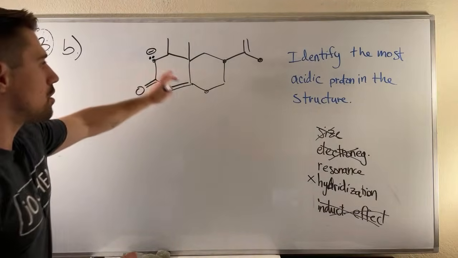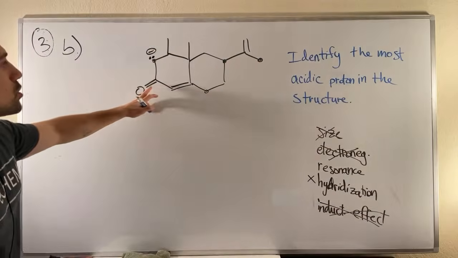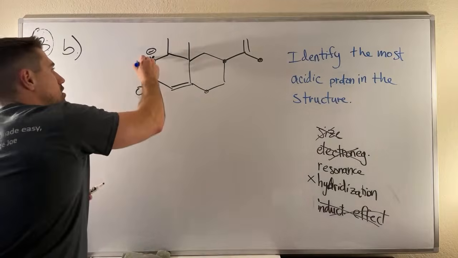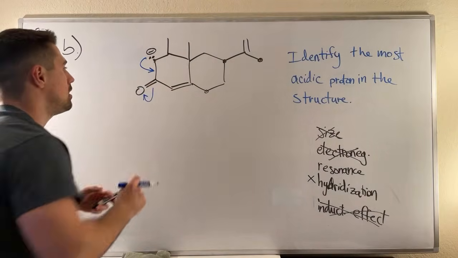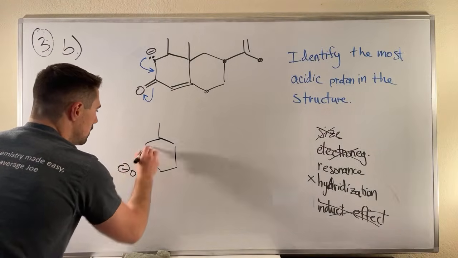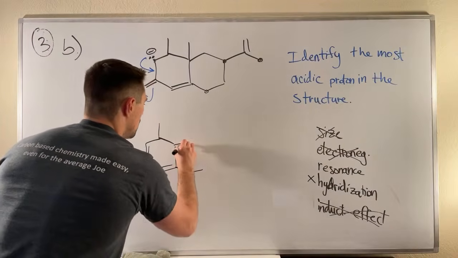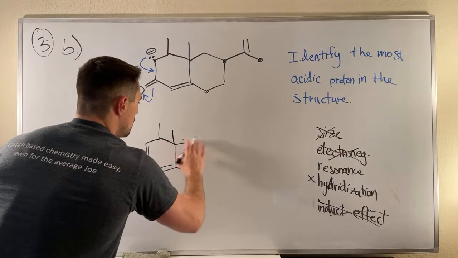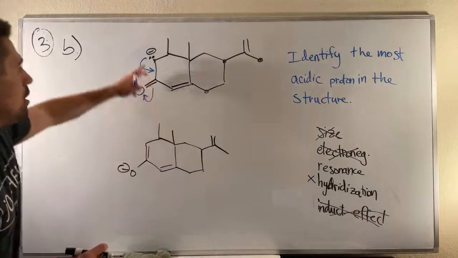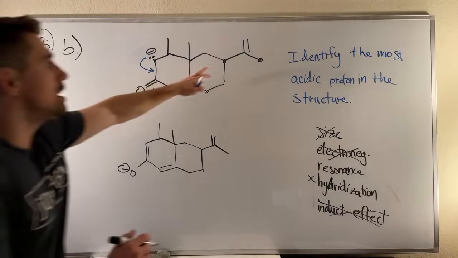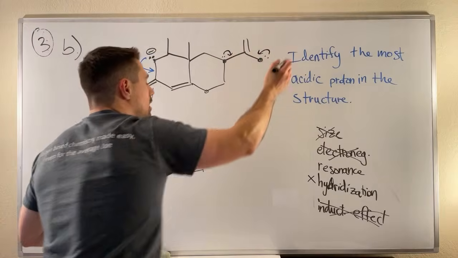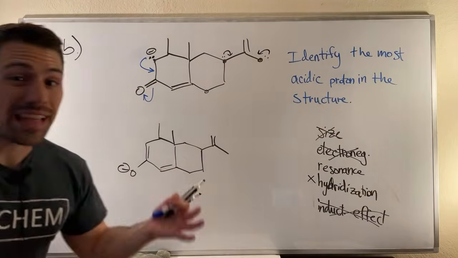The reason I'm interested in all of these locations is because they're next door to double bonds. So if I have this lone pair right here, I can swing this down and then kick this up. So you can see that a resonance structure would look something like this. Something along the lines of this, okay? So that's why I thought, oh, right here I get a resonance structure. If I get one right here, I could do a resonance structure there. If I got one here, I could do it over there. But hopefully what you're seeing, and I did it last for the big reveal,